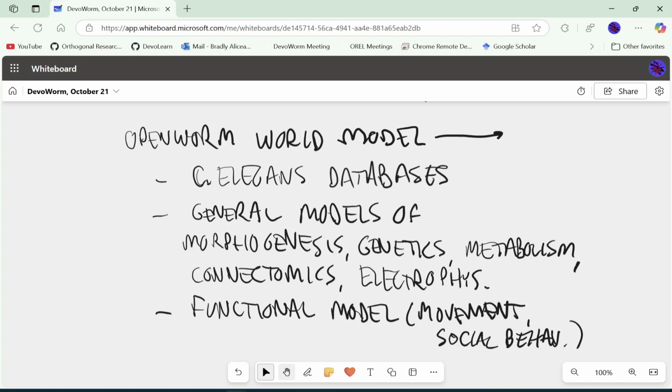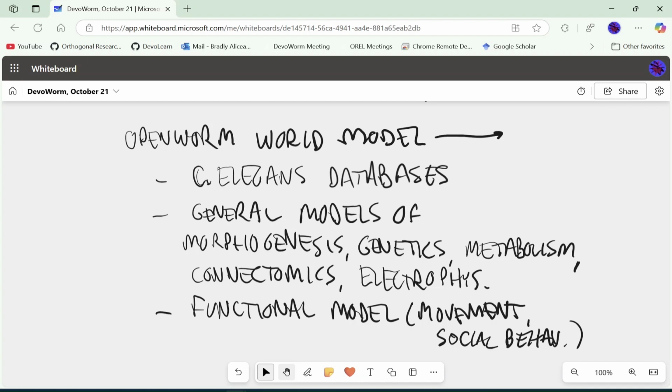So I'm going to go over quickly the outlines of an OpenWorm world model, or maybe a world model for C. elegans. If we talked about these general biological world models that you might need to do this sort of AI science across species, but focused just on C. elegans, I think we can see the pieces that need to be in place to get to a starting point. So the proposed OpenWorm world model would consist of at least three major components.